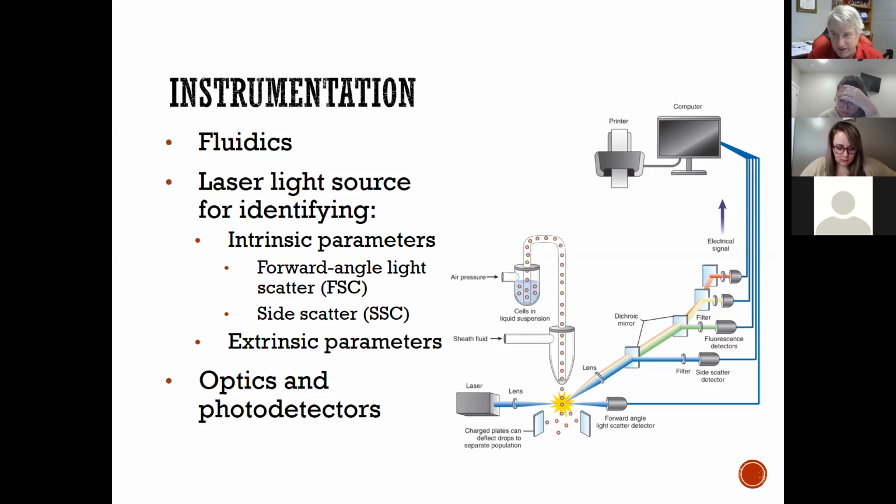So I don't expect you to be able to build one of these or tear it apart and understand everything about it physically, the physics part. That's not what we're wanting to do, but we want you to be introduced to what the component is, what the technique is. So we have intrinsic and extrinsic parameters, optics and photo detectors. A lot of fun stuff if you love light physics and how that works. So that is the actual setup. This is page 195 in your text.